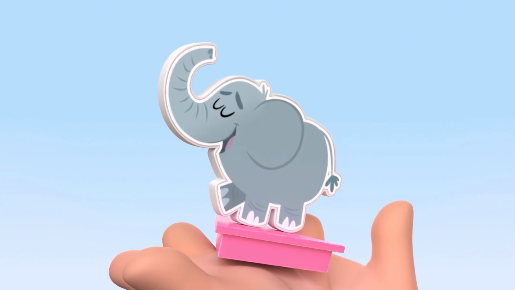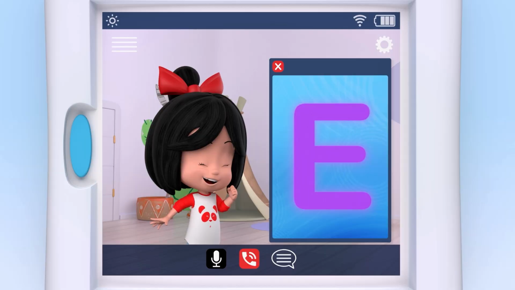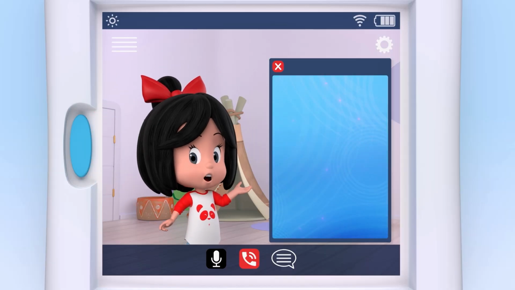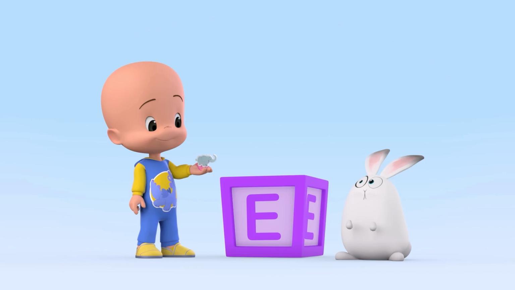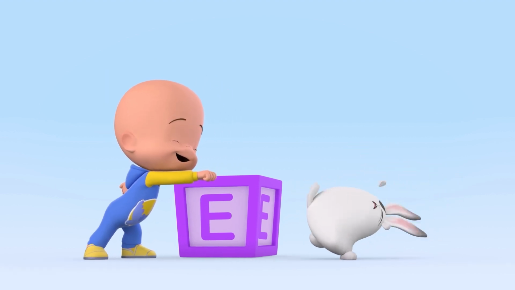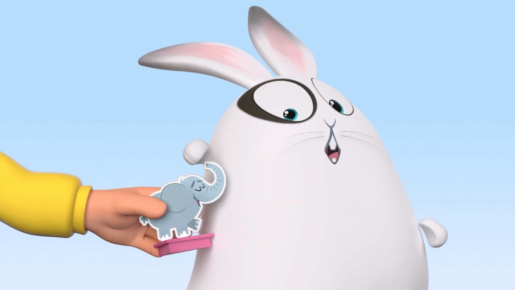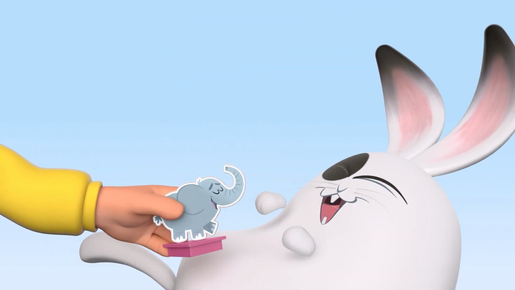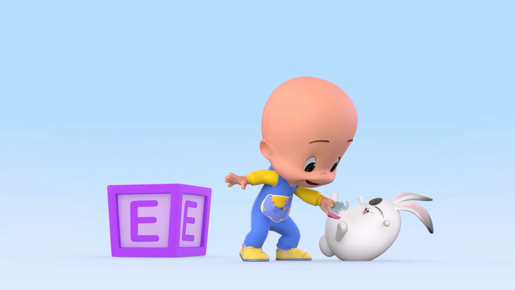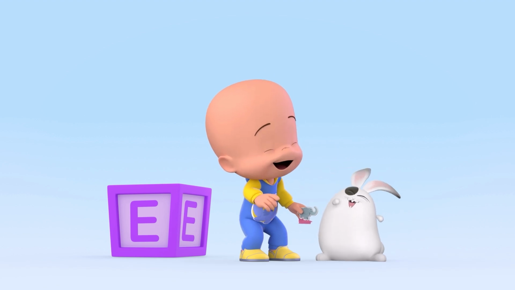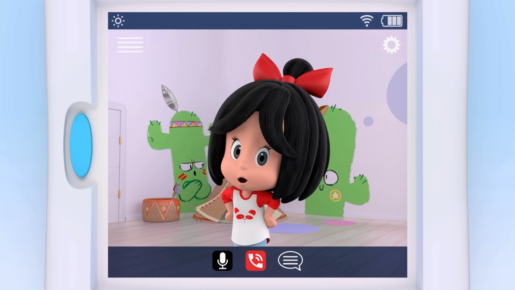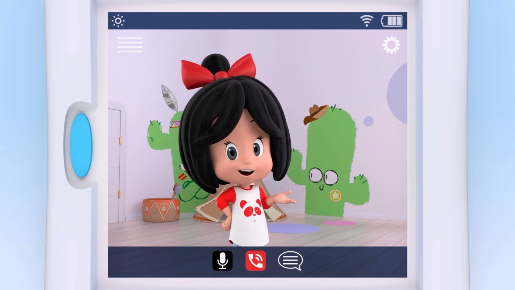E. Elephant. Great. E is for elephant. Do you know of any animal that starts with an I?